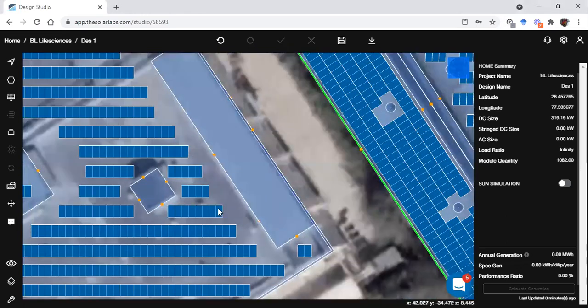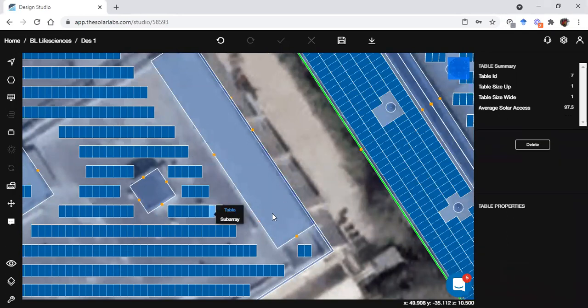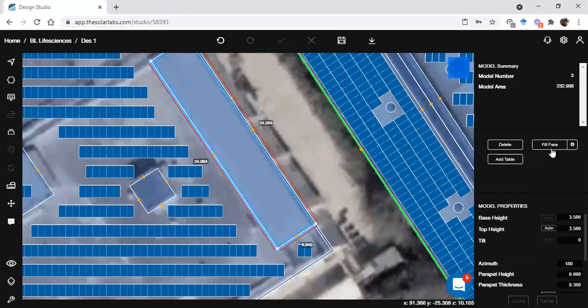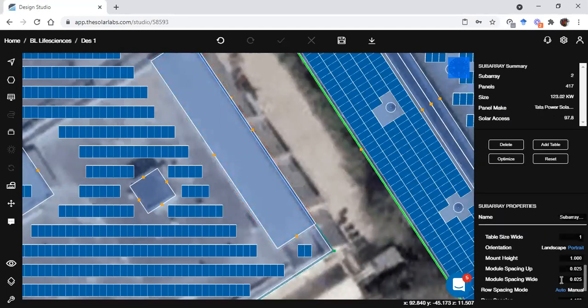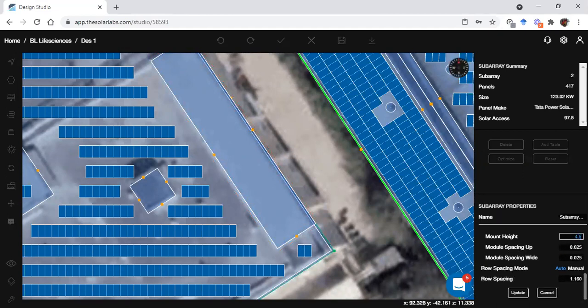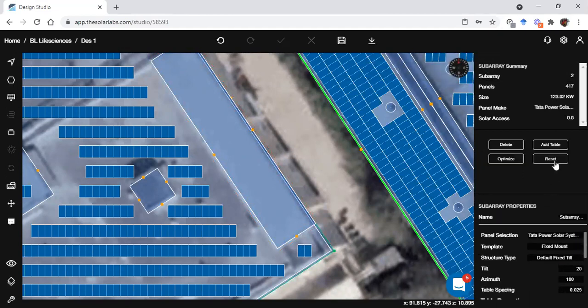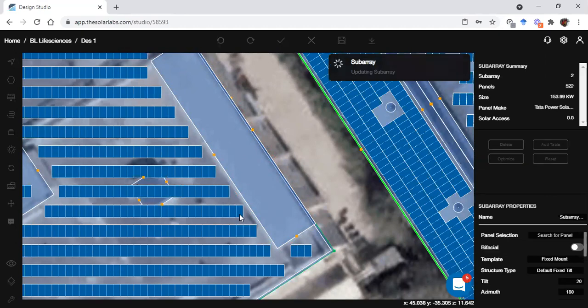Let's say you want a structure which is coming from here to here as a joint structure. So first, this is 3.5 meter, so I will increase this subarray height to 4.5, update it and reset it to get all the panels.